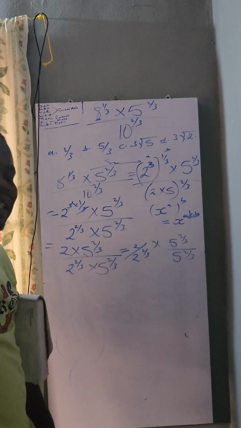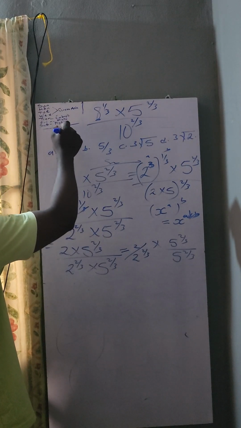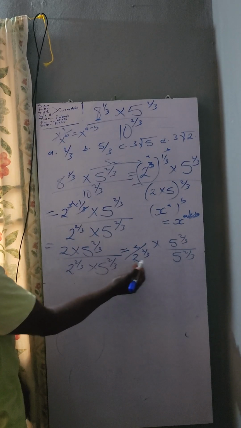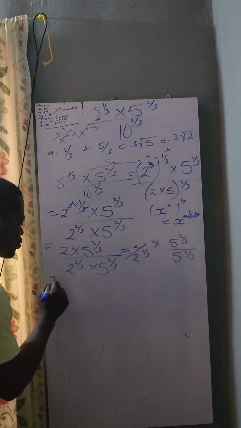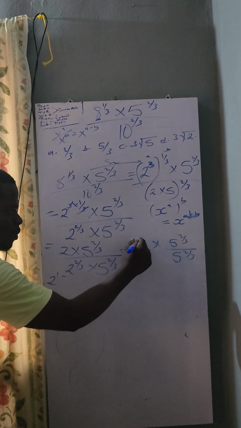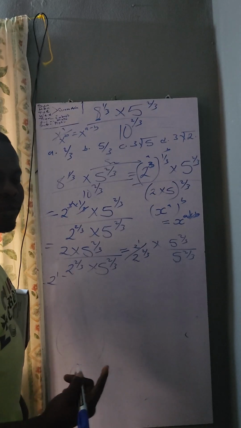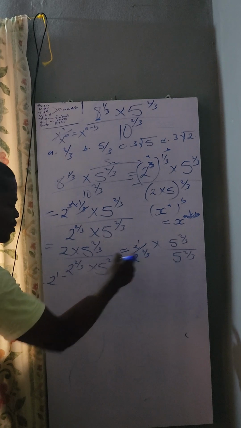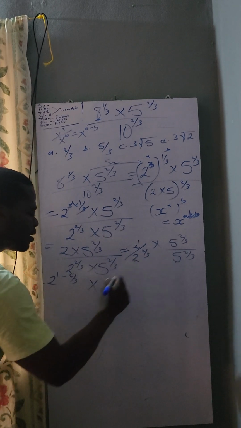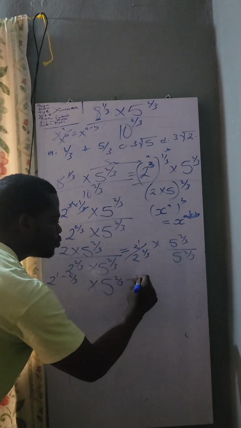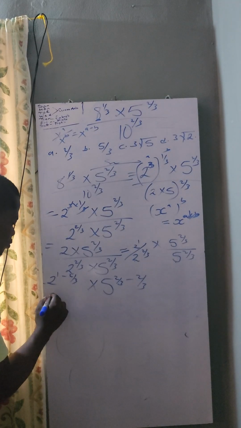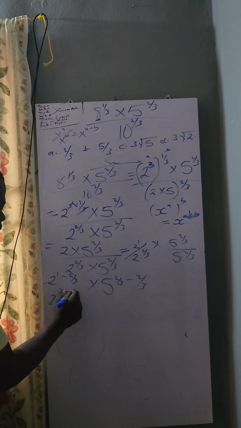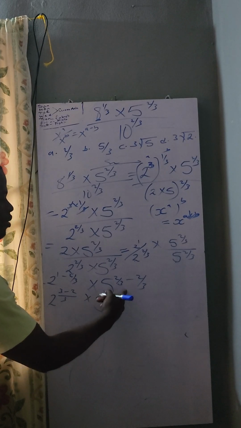Now let's use the second law. If we have x raised to power a over x raised to power b, that equals x raised to power a minus b. You can see the same bases: 2 and 2, 5 and 5. So we have 2 raised to power 1 minus 2 over 3 times 5 raised to power 2 over 3 minus 2 over 3. Now the LCM here is 3, right? 3 times 1, 3 minus 2, times 5 raised to power 2 over 3 minus 2 over 3,